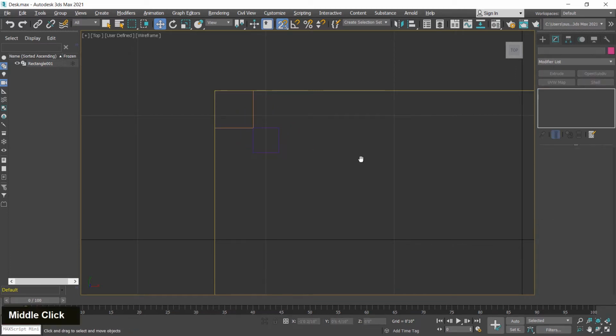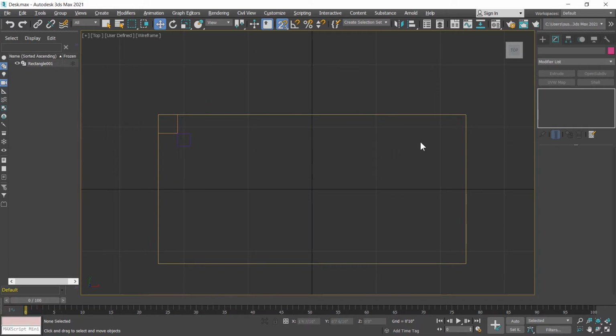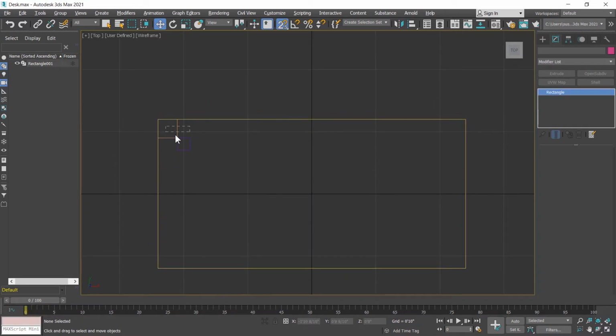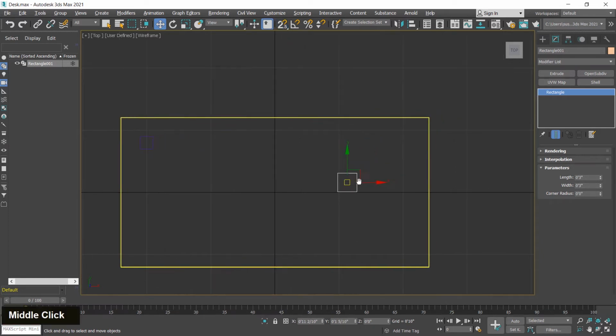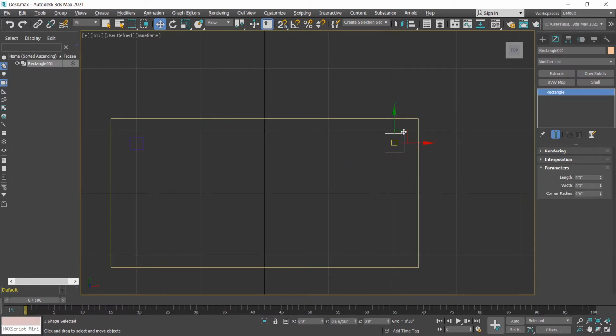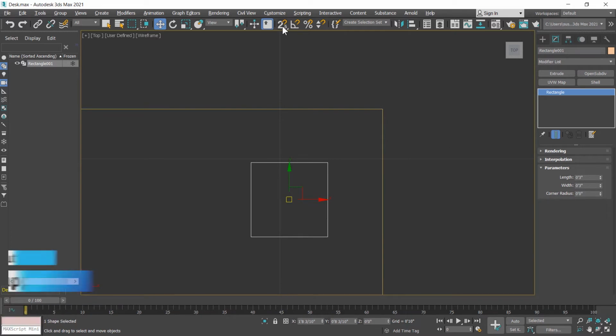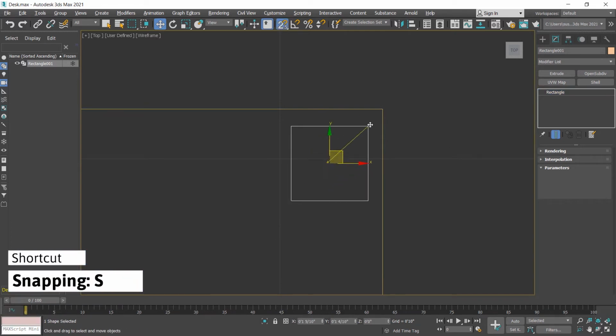Okay, same as I also create other leg. So first I select and move this rectangle and turn off the snapping. Enable snapping again, or you can also use a keyboard shortcut for enable snapping.